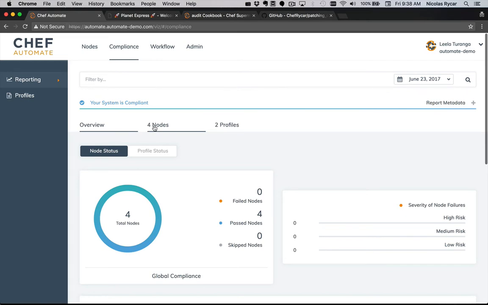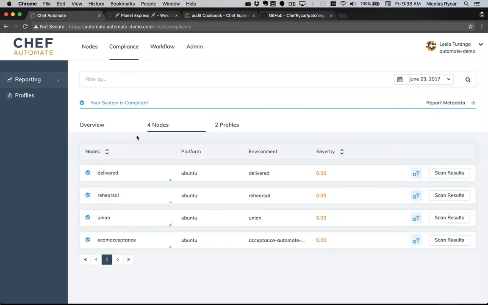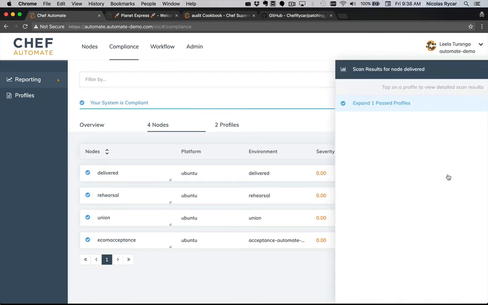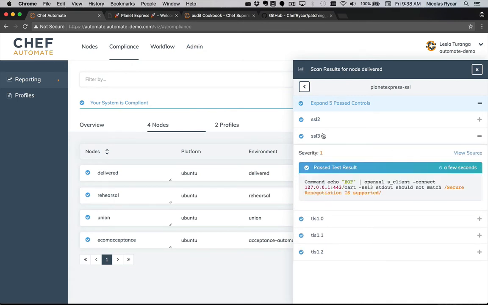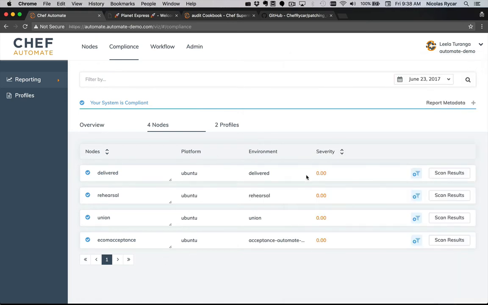Just as we could with our Chef visibility, we can take a look at the details of our compliance runs here and see exactly what profiles are being run against each machine. In this case, we are evaluating my Planet Express SSL profile, which is checking to make sure that we're running safe SSL versions and protocols, ensuring that we are not susceptible to things like the Poodle vulnerability. However, you'll notice that we are not yet checking our patch level, and that's what we're going to start doing